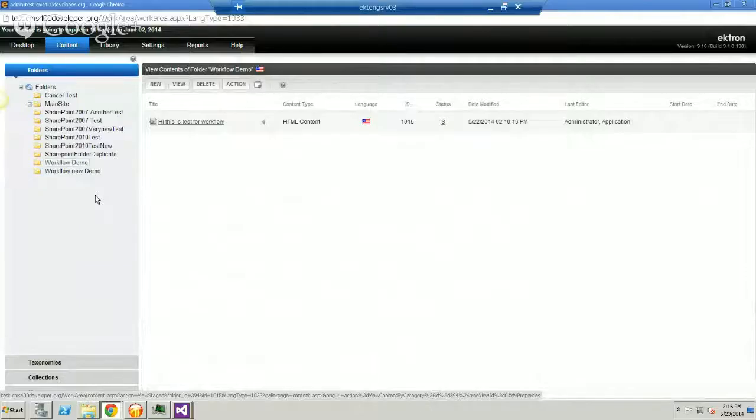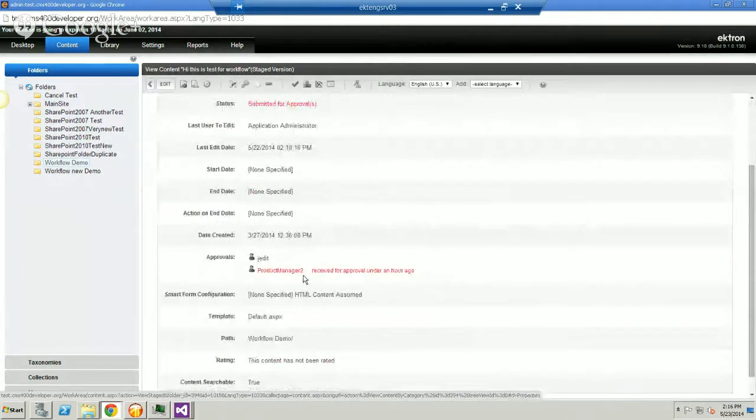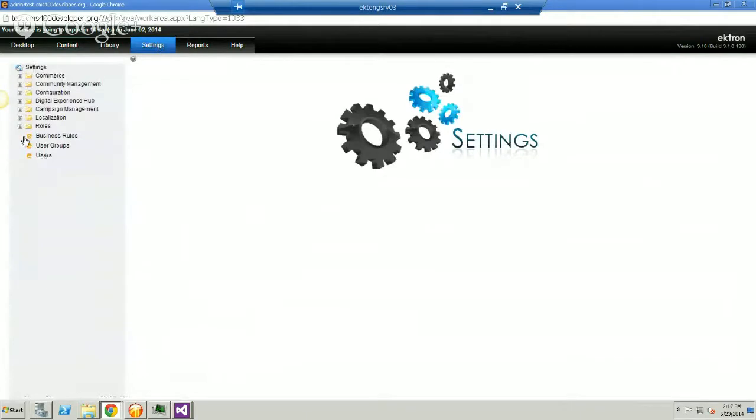So right now your content is in workflow. It is waiting for somebody, the product manager 2, who is next in the chain. If you go to properties, you can see that product manager 2 is the one who has to do something. But if you are an administrator, a user in the administrator groups, or a CMS user having a system-wide role